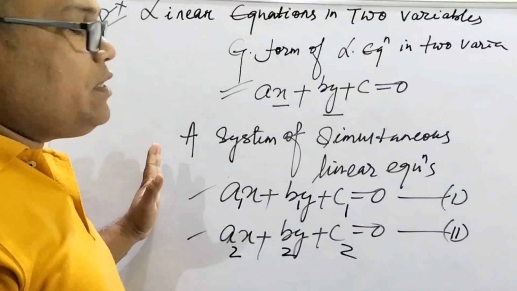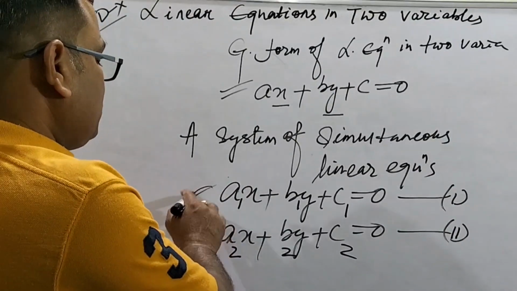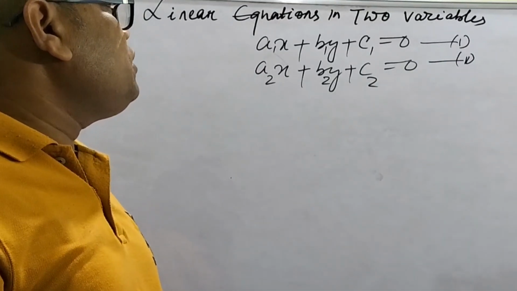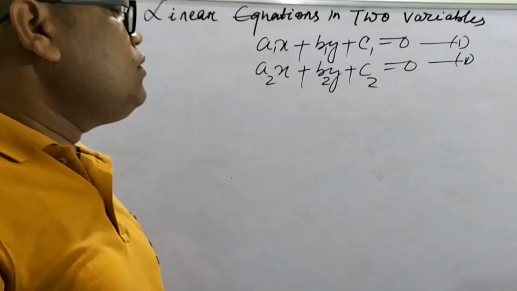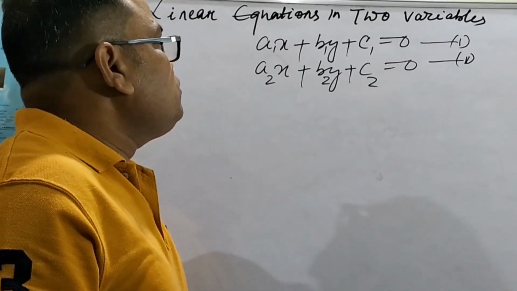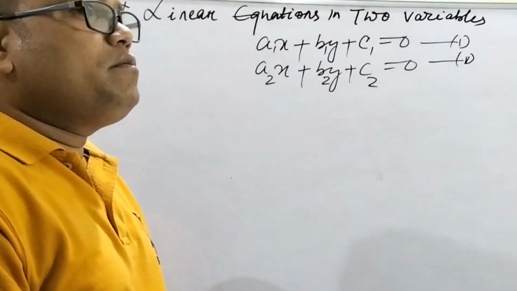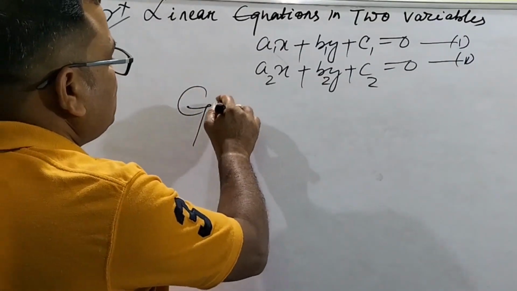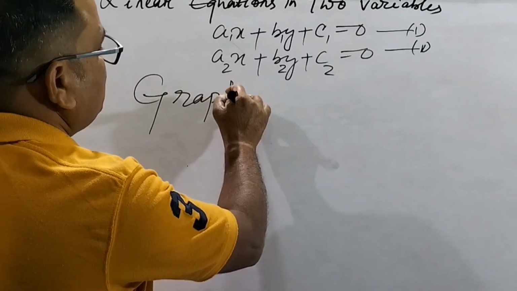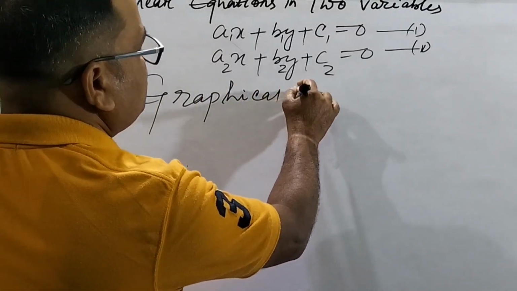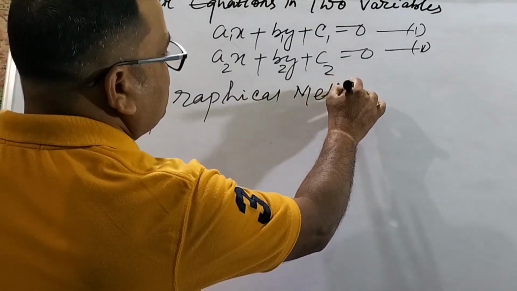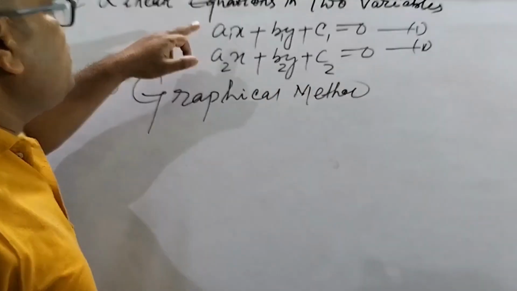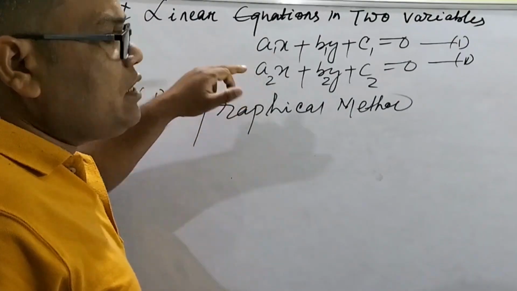The other methods are there. We will have to solve these two linear equations. Two linear equations, a system of linear equations is given, and we have to solve for the values of x and y. We have to find out the values of x and y. First thing, we have to apply the graphical method. Graphical method means, as it is a linear equation, and it is another linear equation,